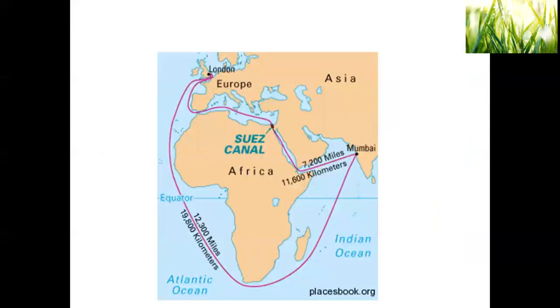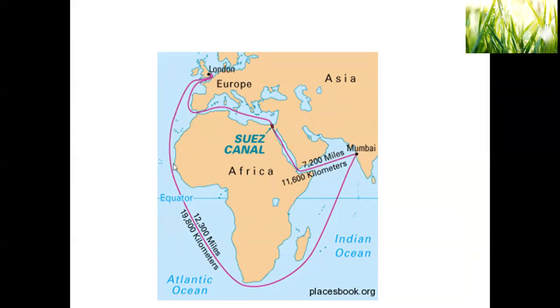You see there. So here it is. From Europe, people used to come like that. After the Suez Canal was constructed, this is the Mediterranean Sea, and this is the Red Sea. There is just a small gap of land. That land was cut open and the Suez Canal was constructed. So you can see this distance, and from the Red Sea, they travel and come directly to Mumbai. It is very short, okay?